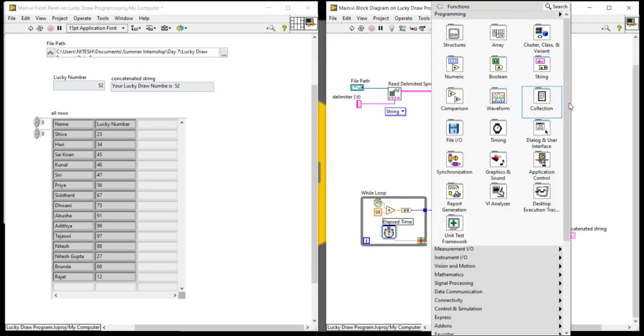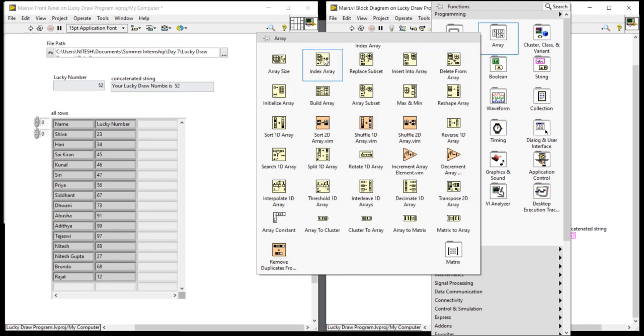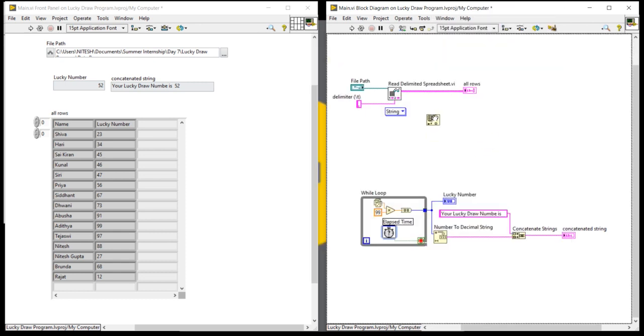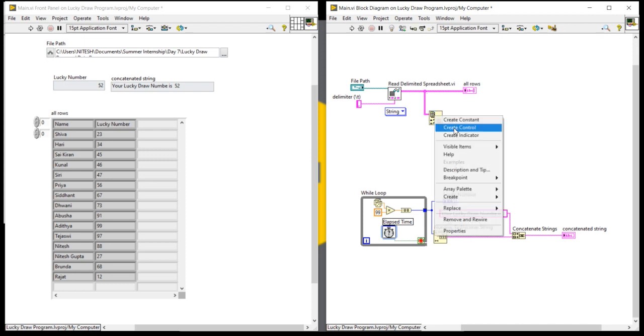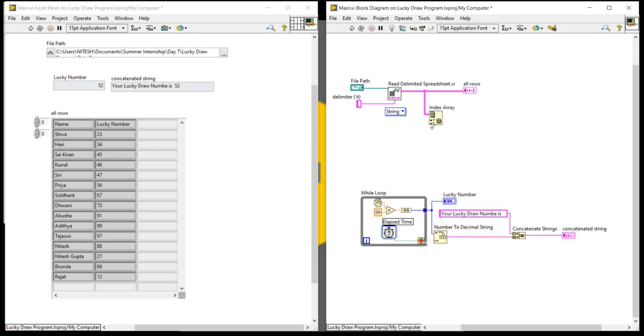For that, I will right click, come to the array palette and take Index Array. After that, I will connect the Index Array. Then I will disable indexing on the column and put the value 1. Okay. Now I can create the indicator to display.